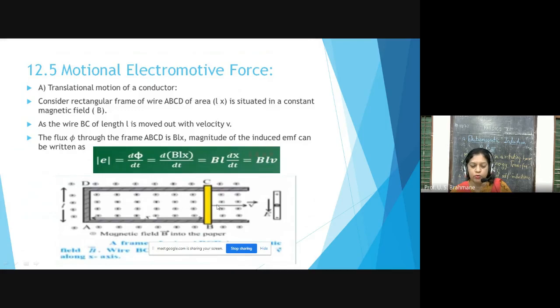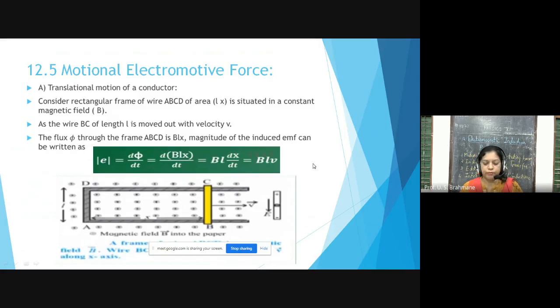If this is moved with velocity v, there is a change in the magnetic field, because of which there is an induced EMF. That induced EMF is because of the change in magnetic flux. The field is made up of magnetic lines of force, and that is called flux. The equation we derived was E equals d phi upon dt. Then we took d(Lx) and the constant terms came out of the derivative, and we have BLv. So this was one of the relations which we saw.